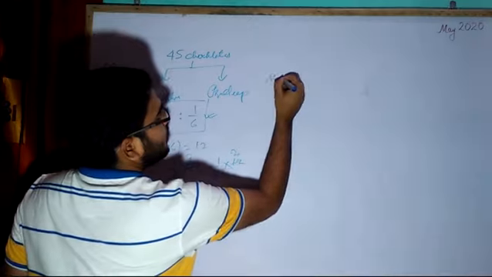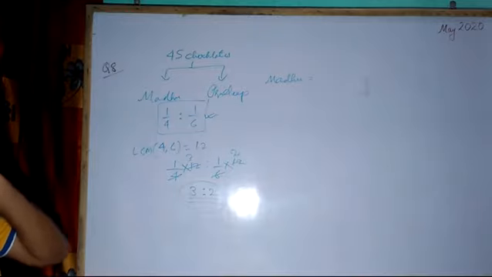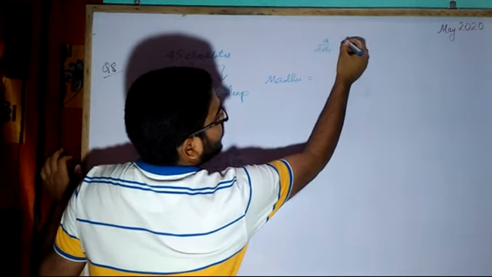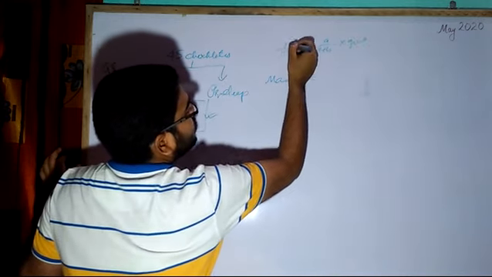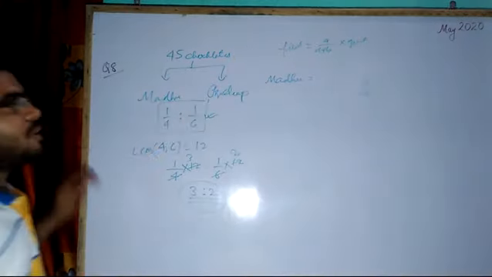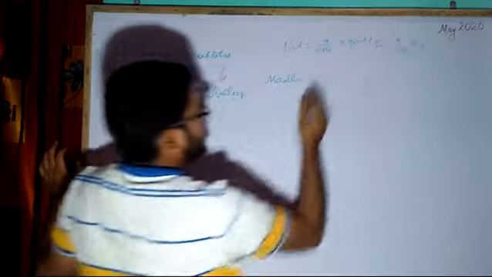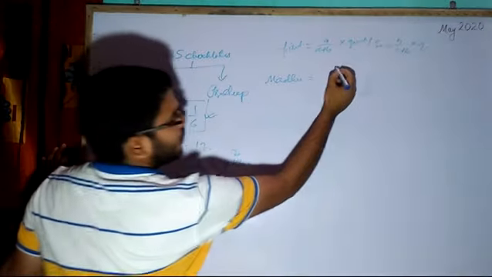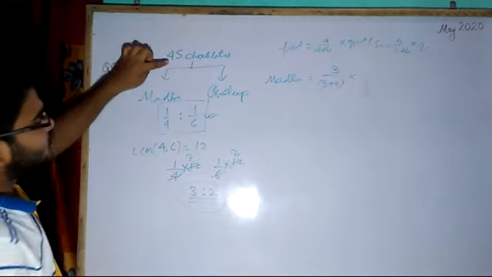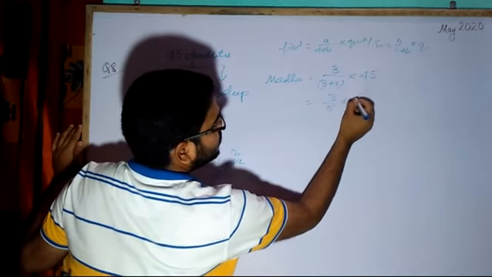So Madhu will get, as I have told you, division of certain quantity into ratio. The formula was A by A plus B ratio into quantity. That was equal to first part. If you don't remember, please watch the video 1. In that I have made it clear. Now second part formula was B upon A plus B into quantity. Here Madhu will get how much? Madhu's ratio is 3 divided by 3 plus 2, sum of the ratios, into how many chocolates are there? 45. So it will be 3/5 into 45.